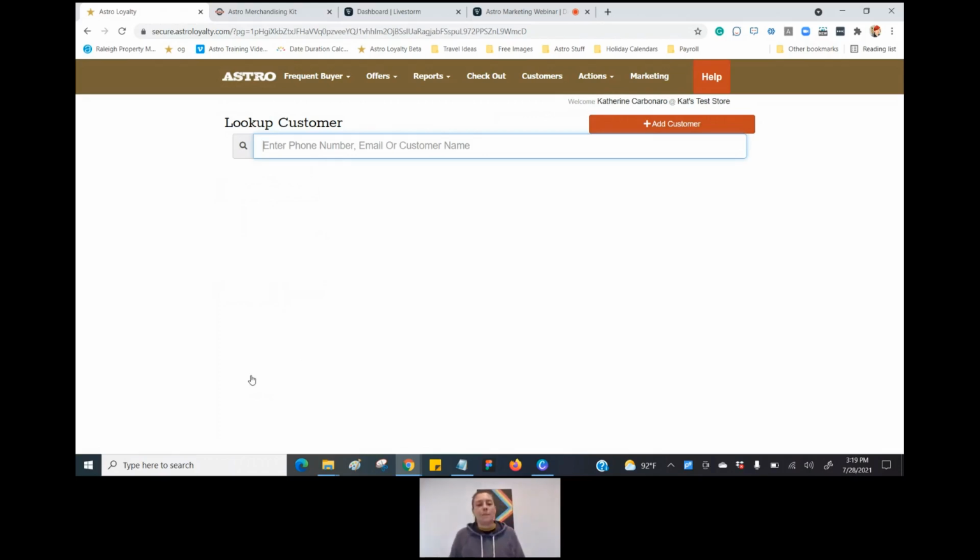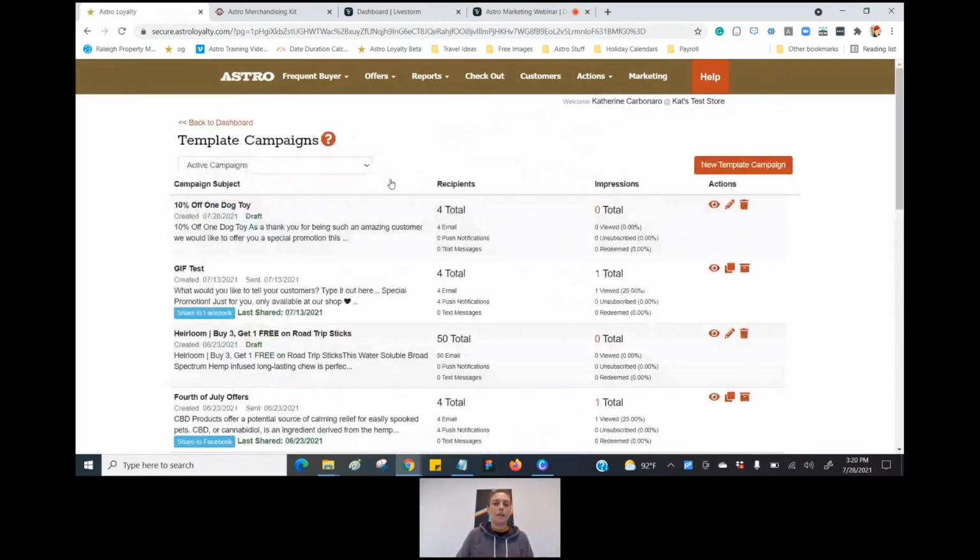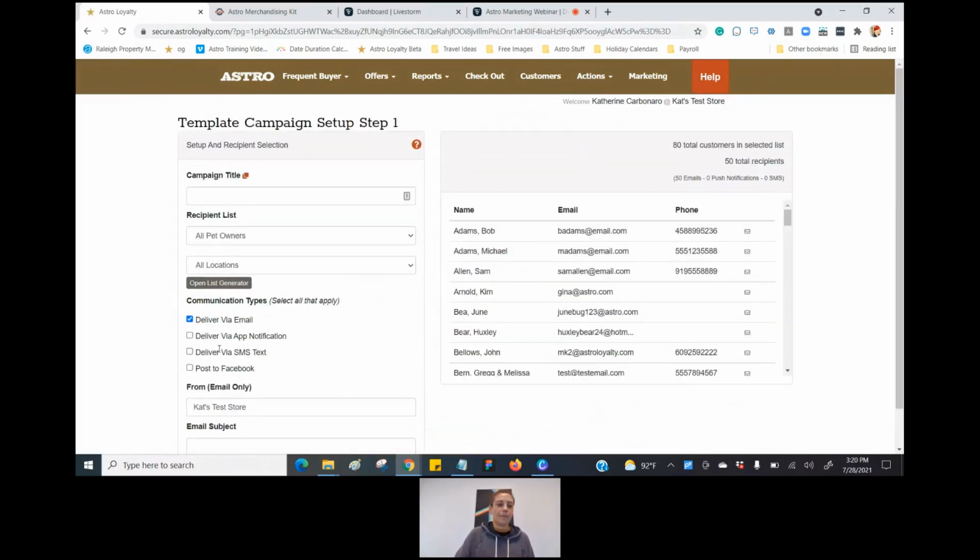So why would you do this? We have some retailers that decided to use SMS text as an additional part of their campaigning. When they're putting together a regular template campaign, they want to be able to select multiple methods of delivery because they have customers who prefer different methods of delivery. So you have customers that respond better to email, or would prefer to be getting an app notification, or would